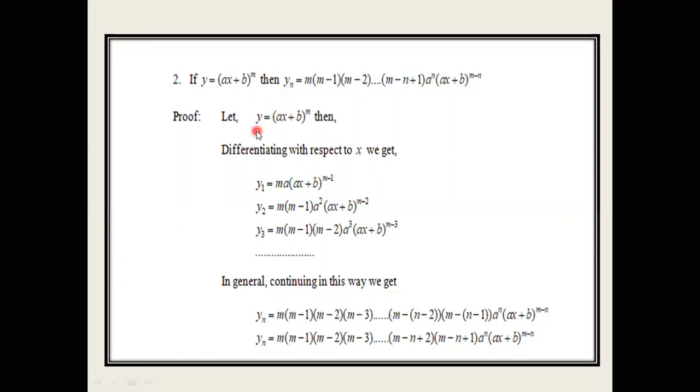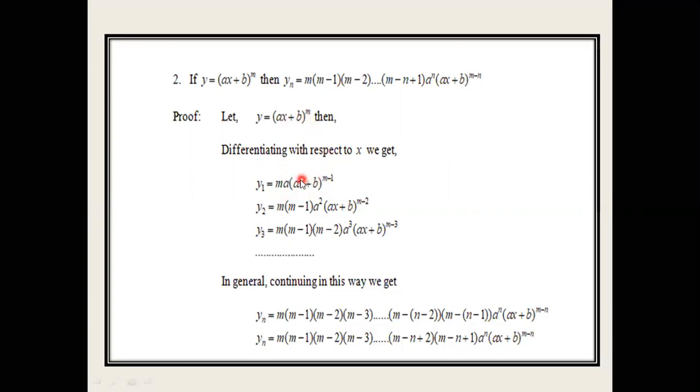So by the process, firstly we take the given function as it is. This is y is equal to ax plus b raised to power m. Then by the process of differentiating the same function again and again with respect to x, meaning we apply here the successive differentiation, we get the first derivative. Now as usual we take the derivative of this algebraic function. So m comes in front. Now ax plus b raised to power m minus 1. This is our function and the power is m, so it becomes m minus 1 into the derivative of this function.